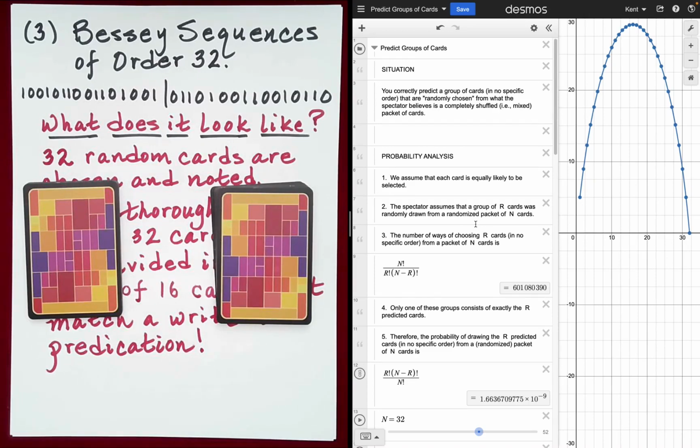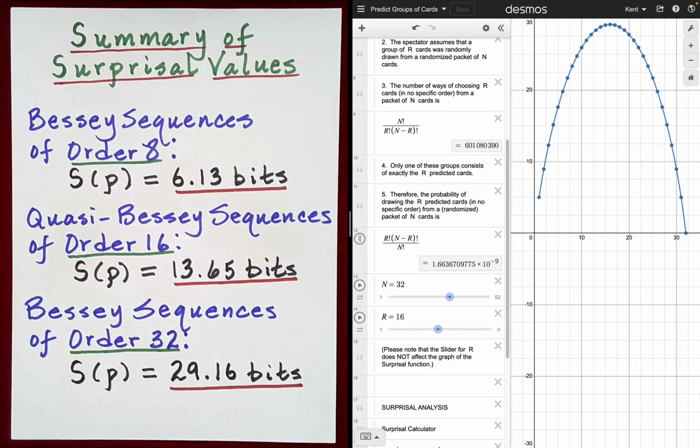Isn't that amazing? And finally, here is a summary of the Surprisal values that we've calculated. For Bessey Sequences of Order 8, the Surprisal is 6.13 bits. For quasi-Bessey Sequences of Order 16, it's 13.65 bits. And for Bessey Sequences of Order 32, it's